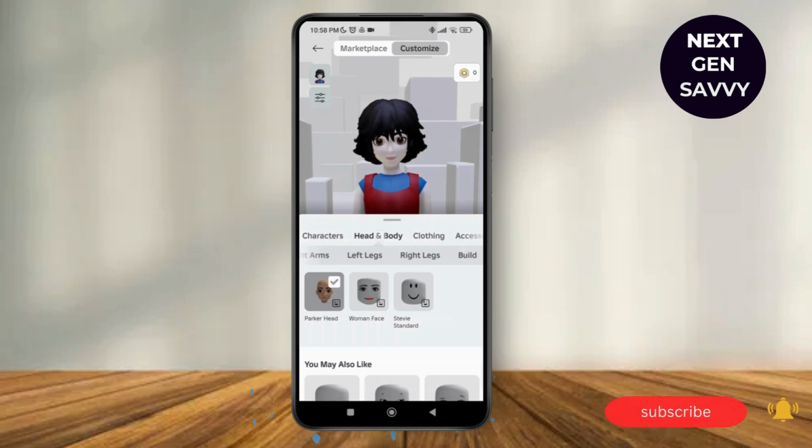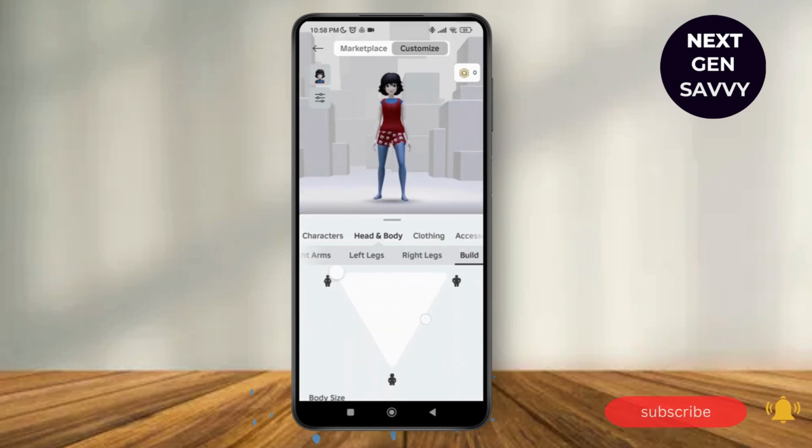So here as you tap on head and body, you can just swipe it and you can see the option of build over here. So tap on build and here you can change your body type by just dragging the option over here. Now scroll down and you can also see your body size over here. You can switch to any of these options and you can change your head size, but in terms of height